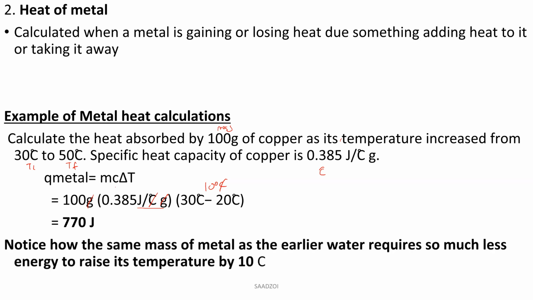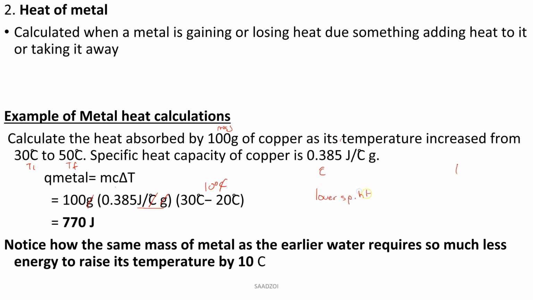Notice how the same mass of metal as the earlier water requires so much less energy to raise its temperature by 10 degrees Celsius. This required 770. The other one requires 8360. Why the difference? Specific heat capacity. The lower the specific heat capacity, and this is a very important detail to remember,